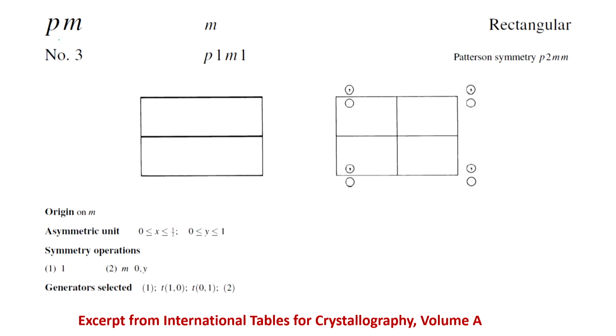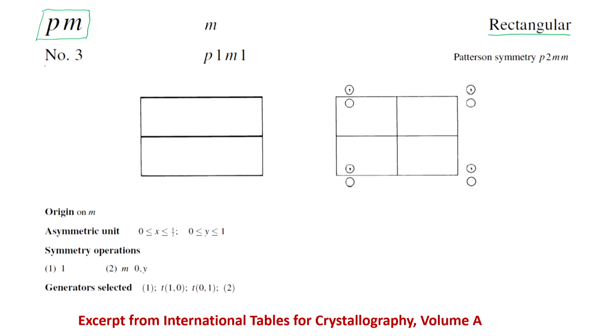Out here you will notice that the top left corner of the table is the plane group PM, and what are the other things it is telling me? Obviously, we have already explained that any plane group which starts with the letter P is based on a primitive unit cell, and what kind of two-dimensional crystal system does it belong to? Well, it belongs to the rectangular crystal system, and therefore, it is a primitive rectangular lattice. On that lattice, we will have the other symmetry elements.